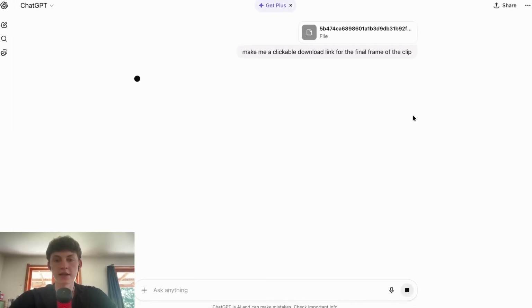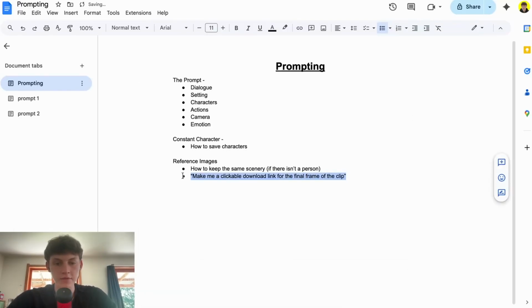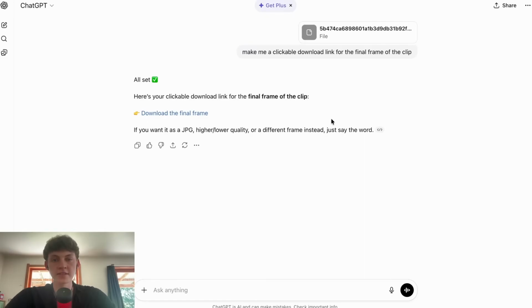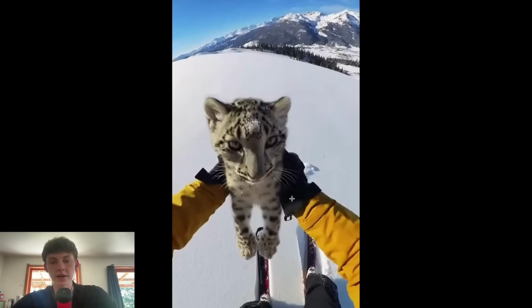And now you just go into there, and I'll leave that prompt right down here under reference images on this doc, which I'll leave this exact doc in the description down below, so you can go ahead and check it out with all my prompts and all this stuff right here. But anyway, as you can see, I now have a clickable download link for the final frame. So I'll click on that, and I now have the final frame of the video that we just downloaded,